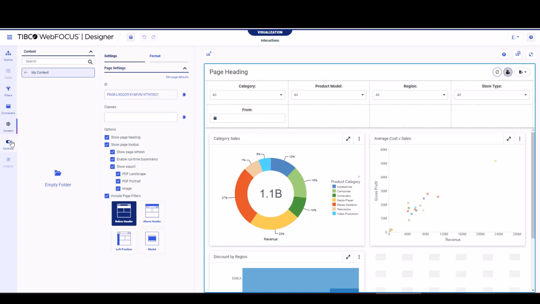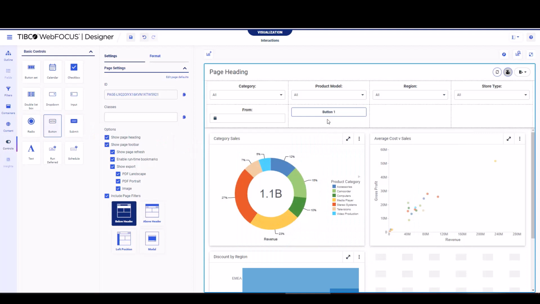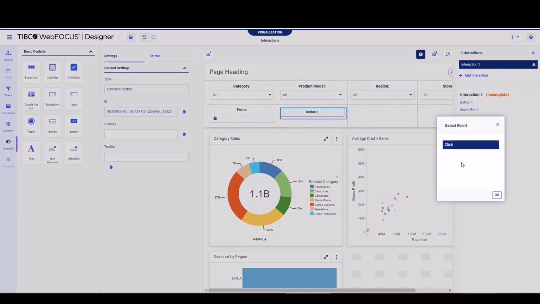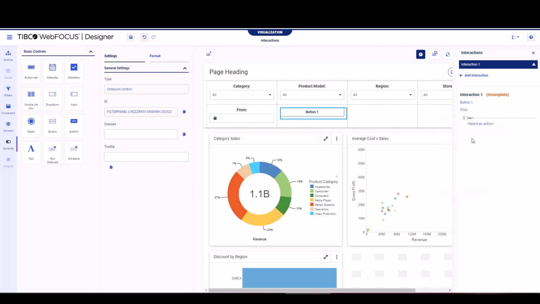So if we take a look at the controls area and we add a button to the canvas, you'll notice we can right click and a new option is interaction. We're going to add the interaction. Now for a button, the only event is a click. And so these are going to be different depending upon the type of control that you have. So I'm going to say okay, once we have the interaction added, and multiple interactions could be added per button